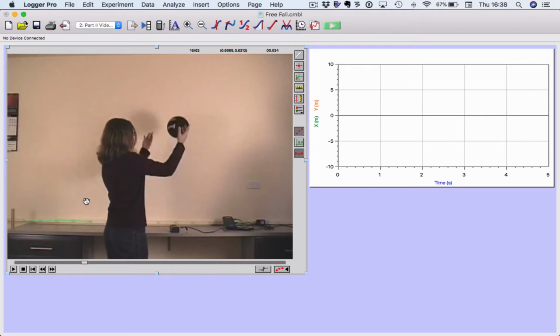The next thing we're going to do is, like the good physicists that we are, we're going to set up a coordinate system. Okay? And if you hover over another one of these buttons here, it'll say Set Origin. Select it. And it's going to be easiest for you to track the top or the bottom of the ball, okay, as opposed to the center. So I'm going to click at the top of this ball here, and you'll see a set of coordinate axes